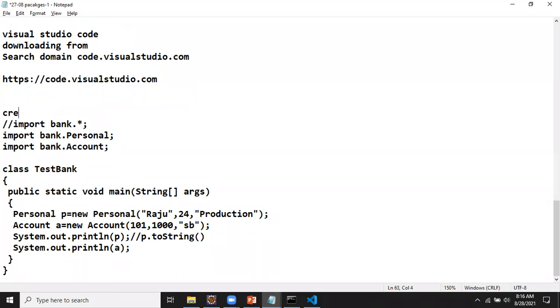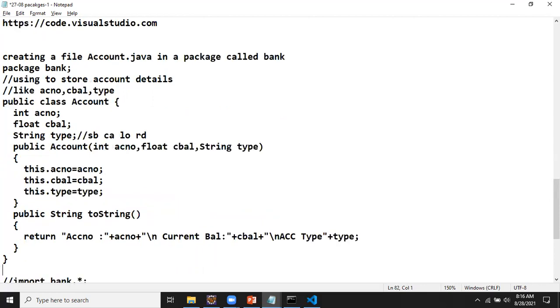So we are creating a file called account.java. Where are we creating it? We are creating it in a package called bank. This is how we are going to write the code.